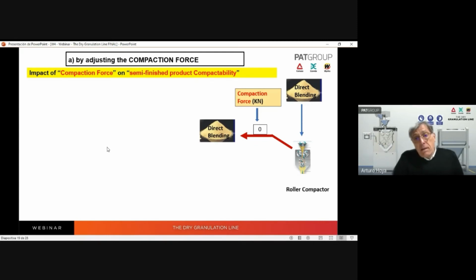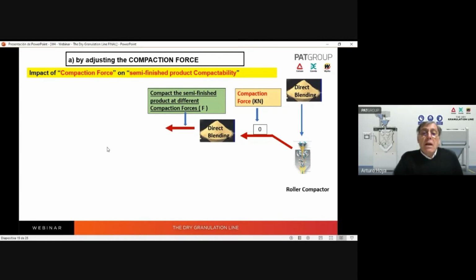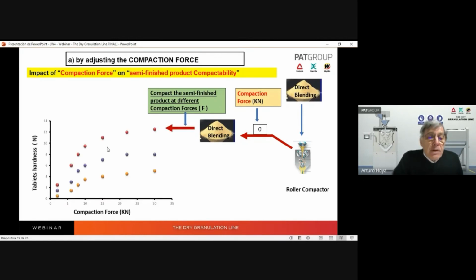We will obtain the direct blend, of course, naturally. But when we compact this product at different compaction force, we obtain this. In this graph, we show the tablet hardness. These are the final tablets versus compaction force,